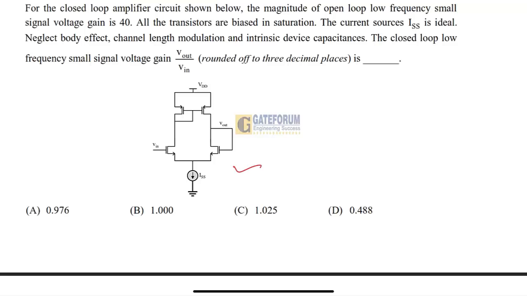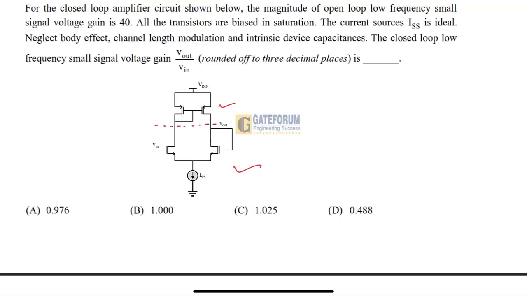This question is taken from GATE EC 2024 from the subject of analog circuits. Now if you observe this circuit very carefully, you will find that the upper portion is a current mirror circuit, and the lower part is a differential amplifier. This current mirror circuit is used here for the biasing of this differential amplifier,